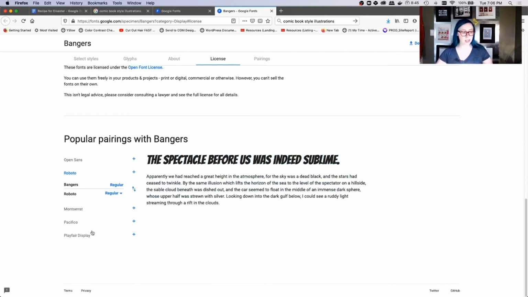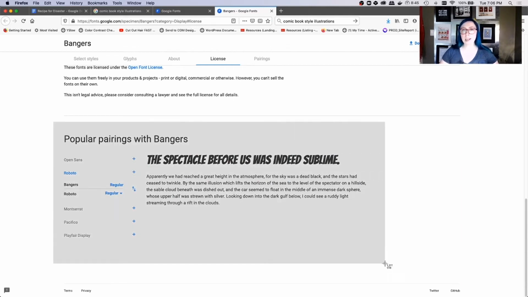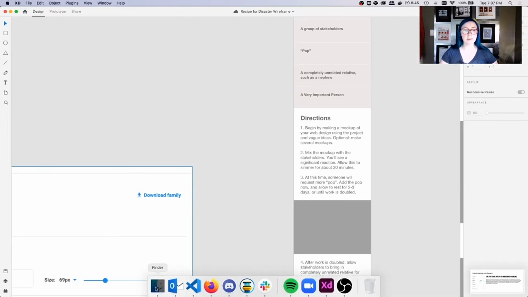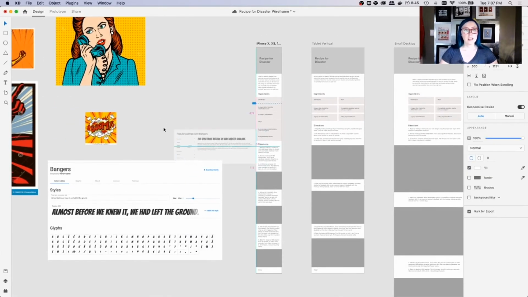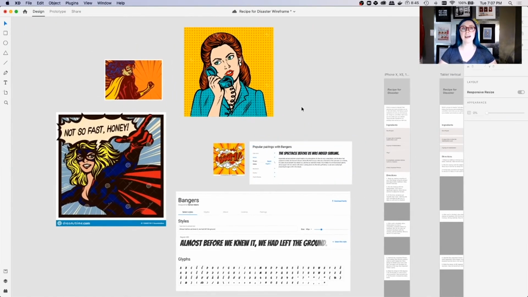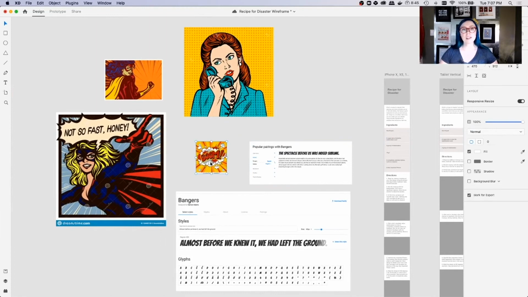So I'm going to take a screenshot, again, Shift-Command-4 with that. And I'm just going to remember that I want to pair Roboto with this by dragging this right into Adobe XD. Perfect. And you can see here, I've got a good start at a style board. And you can stop really at any point with style boards as soon as you get the general gut feeling that you want in your mock-up set here.